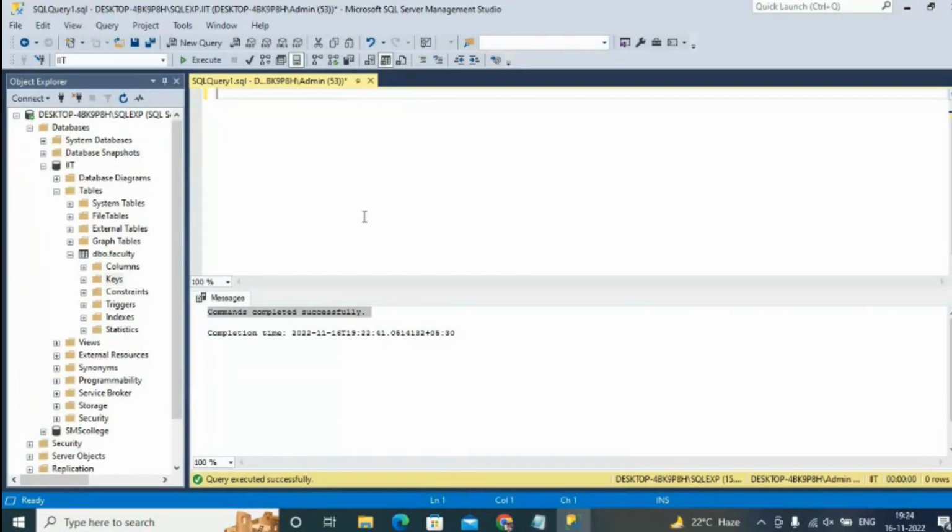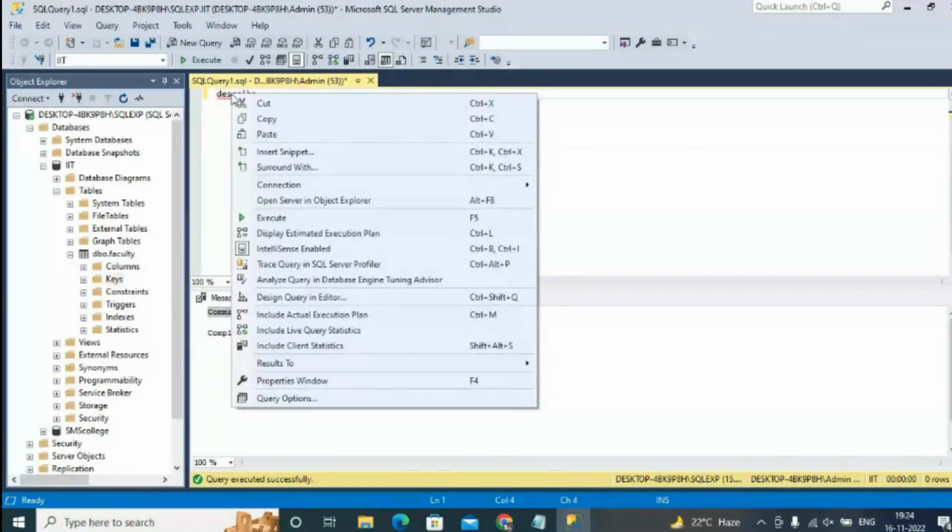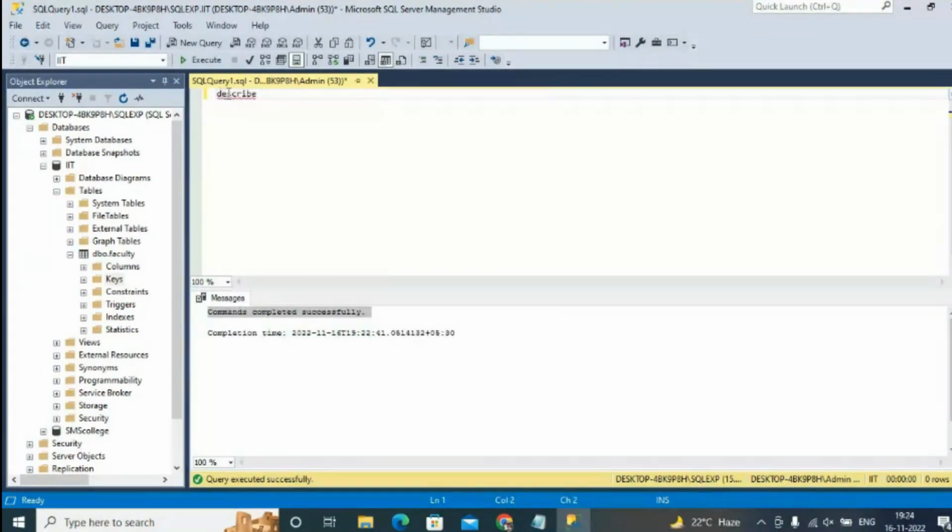Okay, only the queries. So there is one command in order to see this table structure, a command known as describe. Okay, so the spelling is wrong. Okay, describe did not work. So the command is